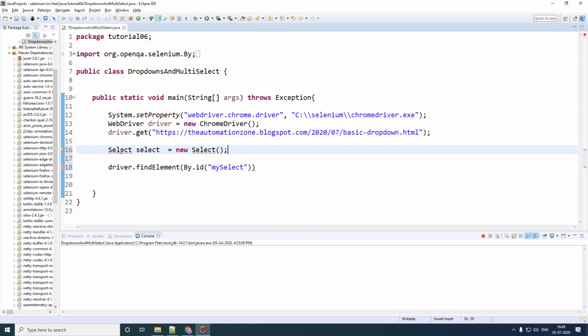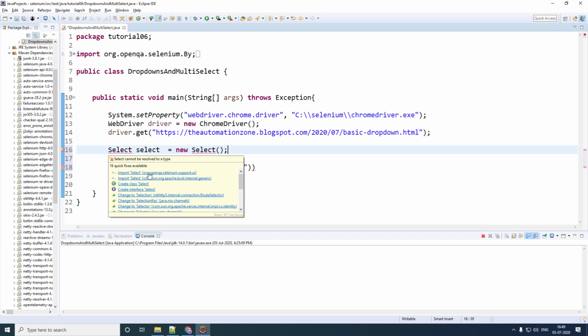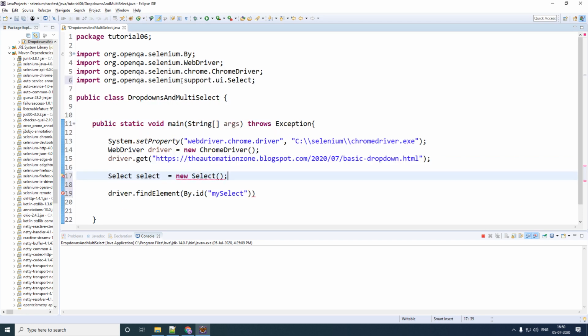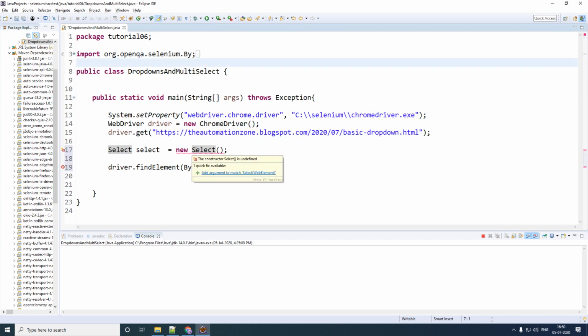You hover over your area of select and you'll be getting the option to import your select class from selenium support.ui. You select that, confirm that it is from selenium support.ui and not from any other package, or it can cause a problem. Now with that done, it is still throwing an error because your constructor requires a web element.